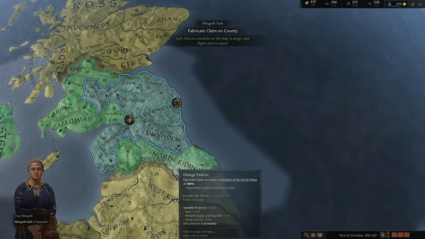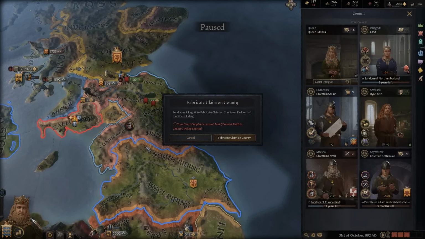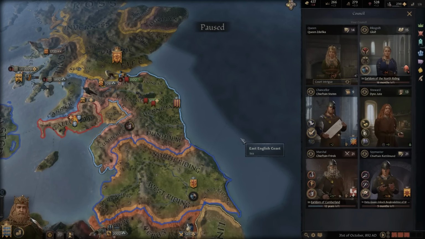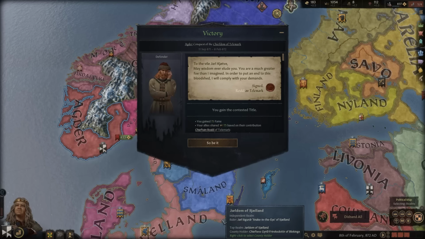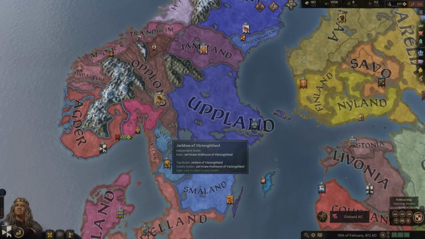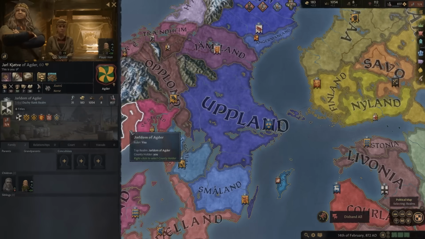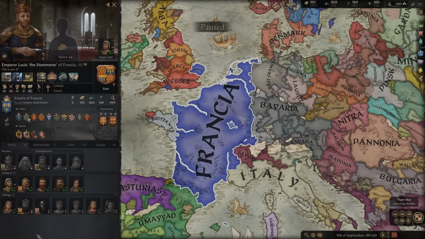Send them into a foreign county and wait for them to perform this all-important task that leads us into our next topic: how to acquire land. You might remember us touching on a very important concept earlier, the concept of the rightful owner. In Crusader Kings, this concept of rightful ownership comes in the form of claims to titles, and the de jure